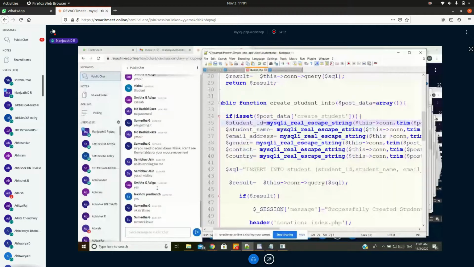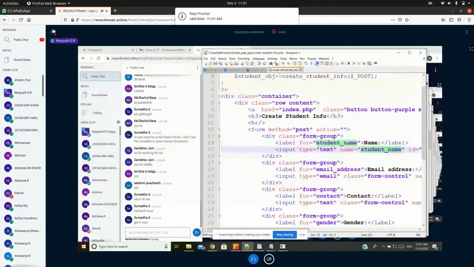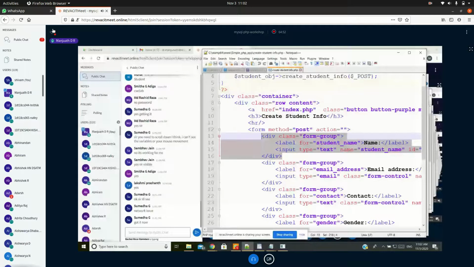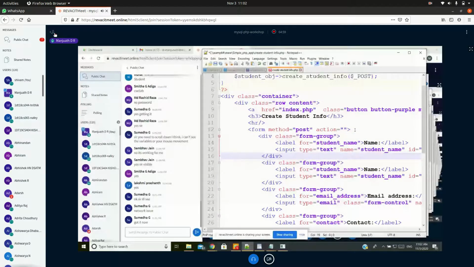Okay, refresh it, Sumedha. It may work fine for you. Since I have added one parameter here, that is student ID, even here I have to add it, right? So I am going to create one more label. I'm going to copy the entire thing and create it here itself. Indentation is not a problem in PHP, you can create it with whatever indentation you wish. So this is nothing but ID.